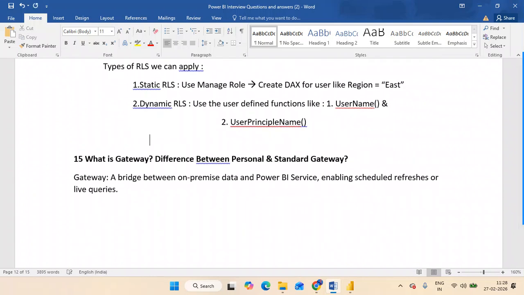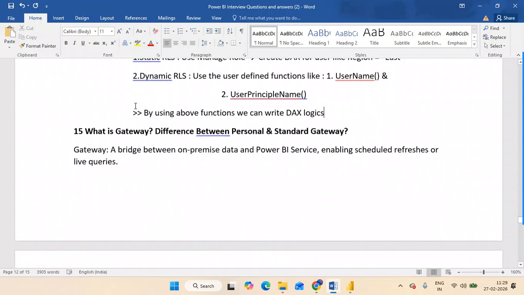With that we can apply it in a dynamic way. So that's how we can create the roles.